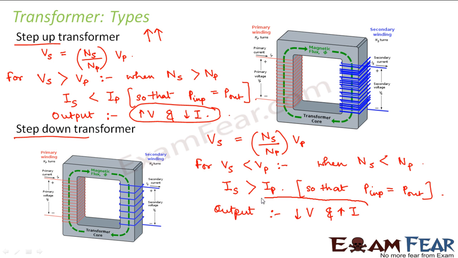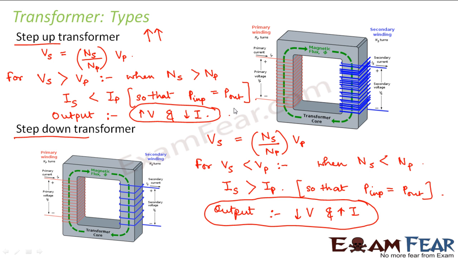So these different kinds of transformers have different applications. For example, the step down transformer is used for welding purposes, because in these transformers, in the output we get low voltages but very high current, and extremely high currents are used for many welding applications. So step down transformer finds its use in those cases.